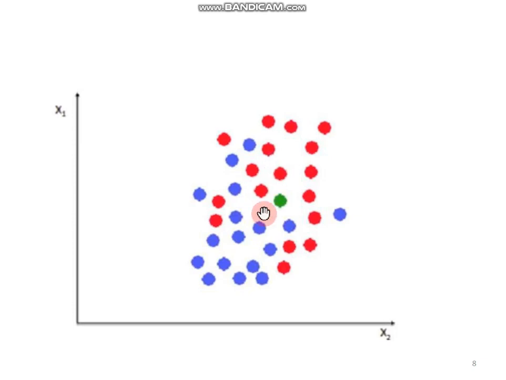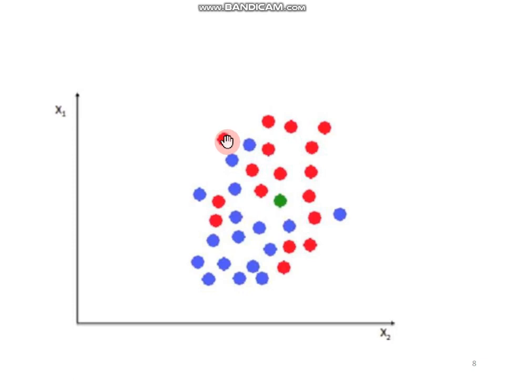Here you can see that there are 4 red points. It means the blue are not in the majority. There are 2 blue and 4 red. So this green point, the new arrival data point, will belong to the red class. But what happens to the points already in this red class?